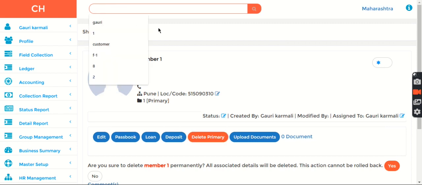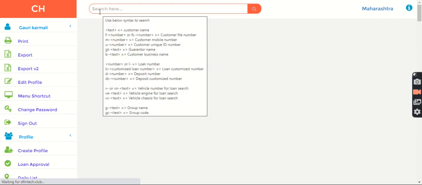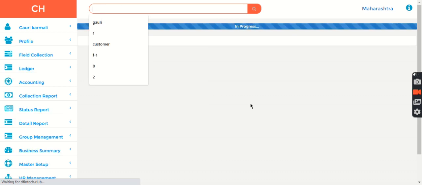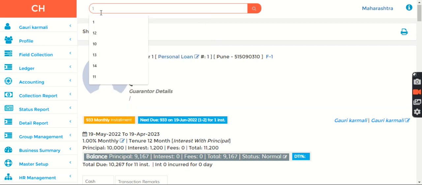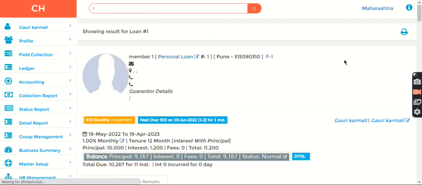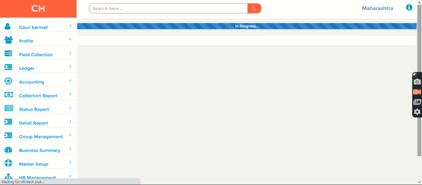Now where will you delete a loan? To delete a loan, first you will have to search for the loan number, okay. Say I search for loan number 1. So I put here, search here loan number 1 and I'm going to search the loan first. Once I search the loan